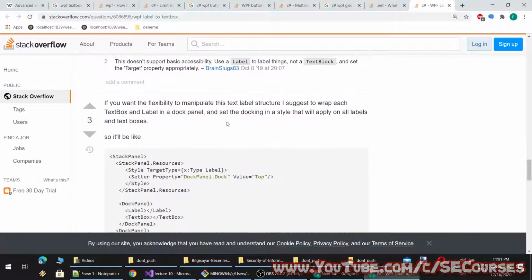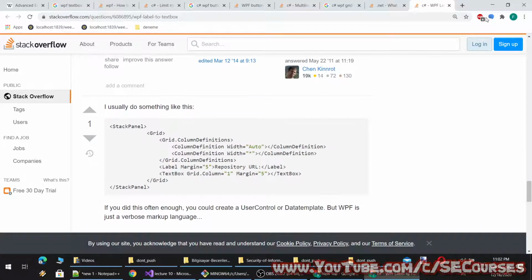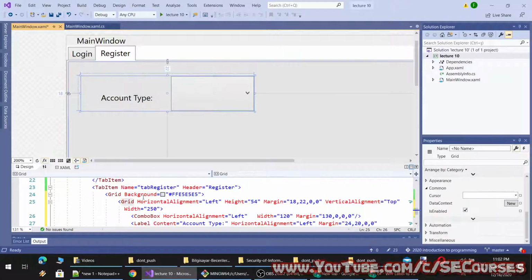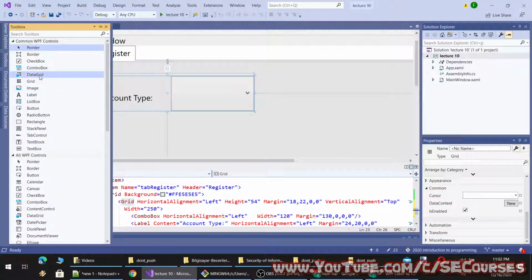Okay. Let's try with a stack panel rather than a grid.